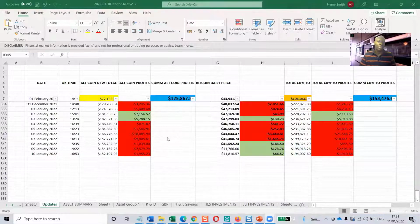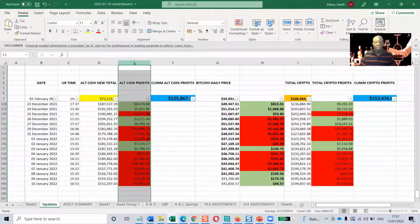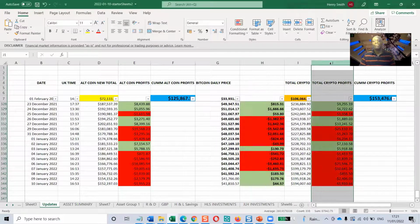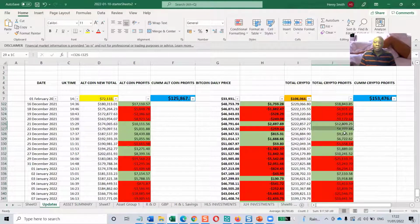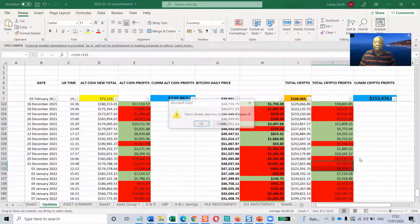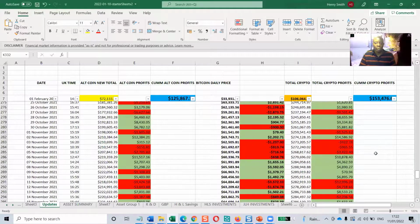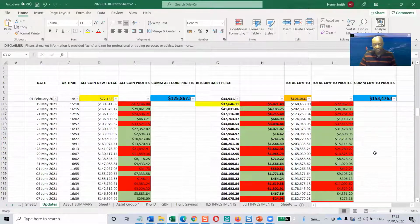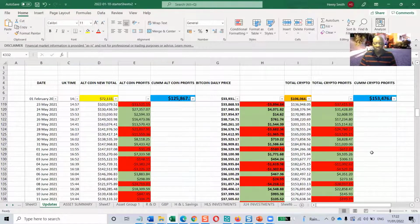So with that, I'm going to share my screen and proceed with the update. This spreadsheet I update usually consists of three main columns: the altcoin, the Bitcoin, and the totals column. Green is when the market has moved forward on the previous day. Red is when it's moved backward on the previous day. So we've got lots of forwards and backwards. If you look through the months, many months,